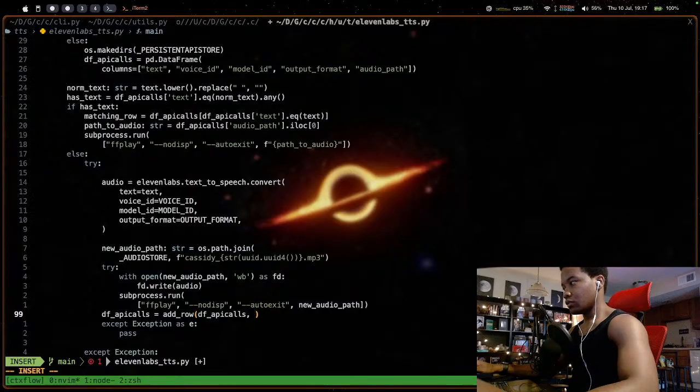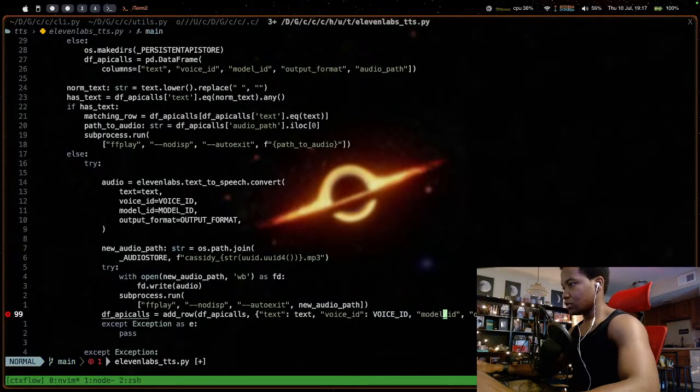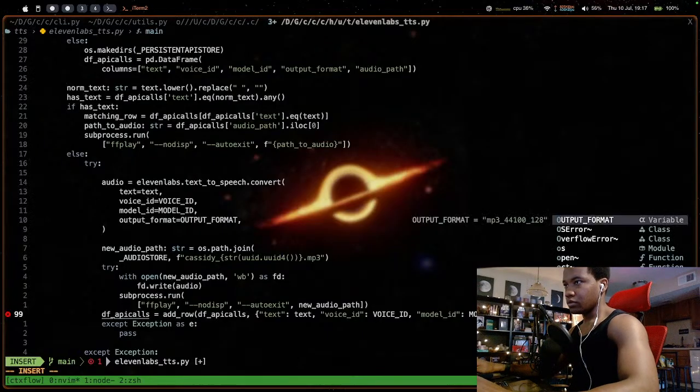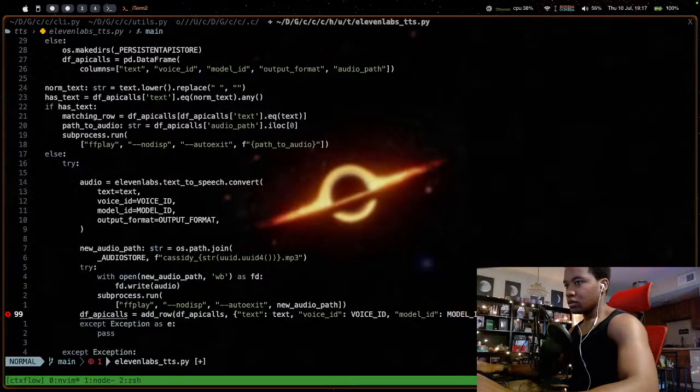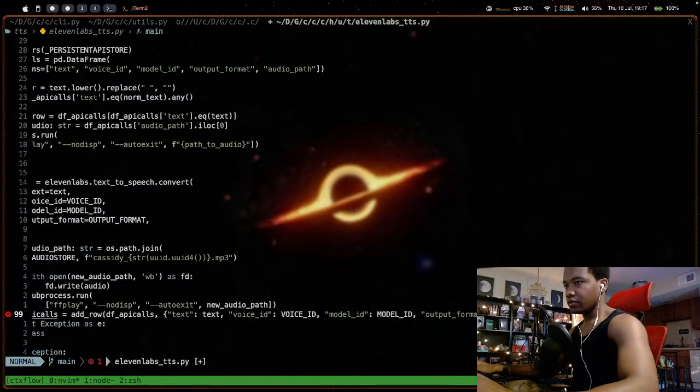And kwargs is literally just that. So text, voice ID, model ID is model, output format, audio path is new audio path.